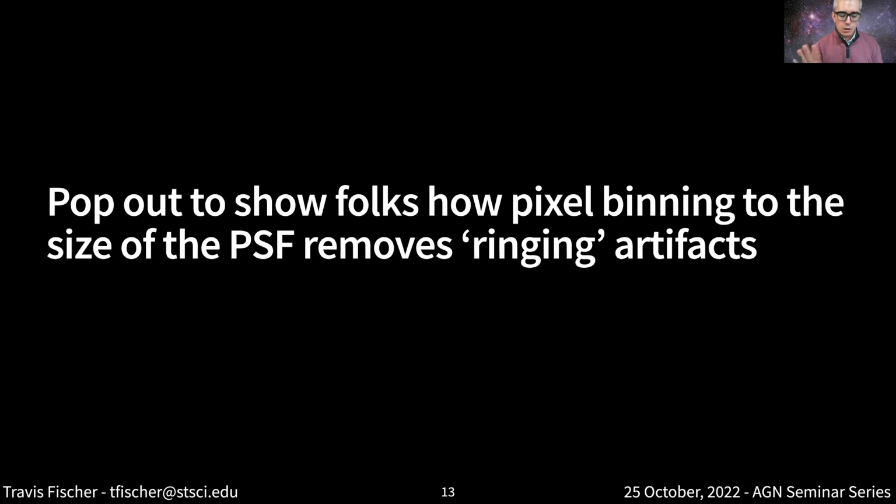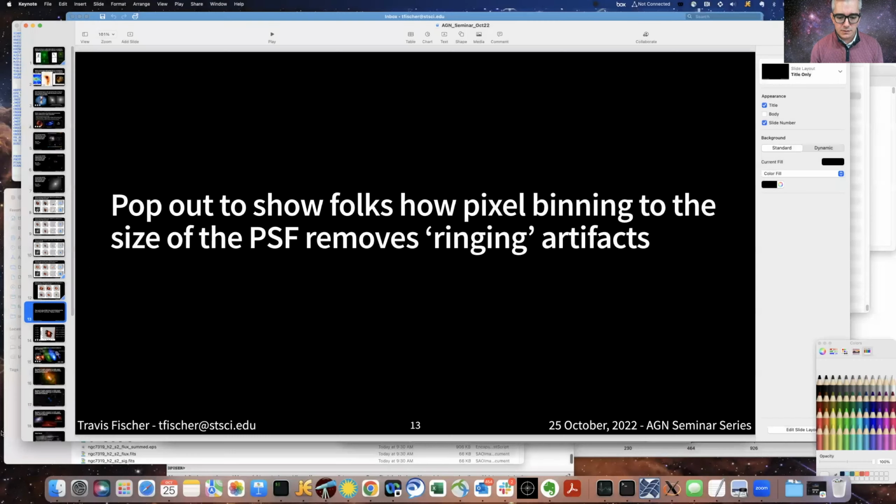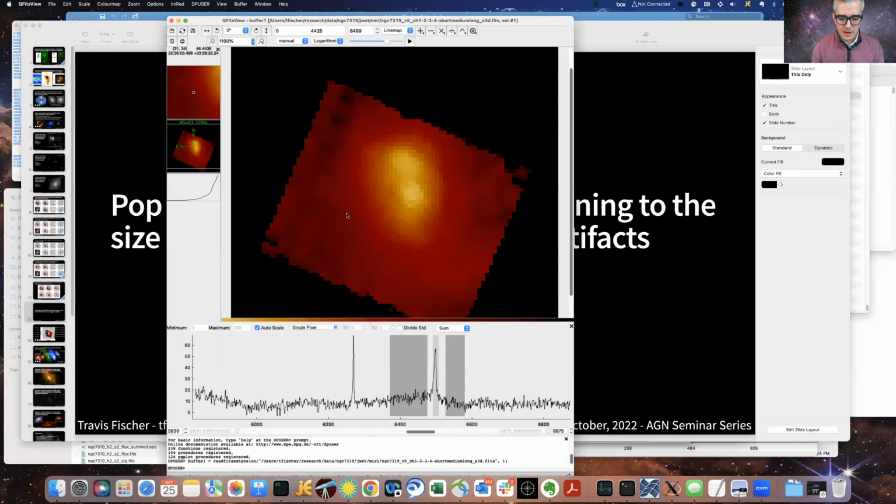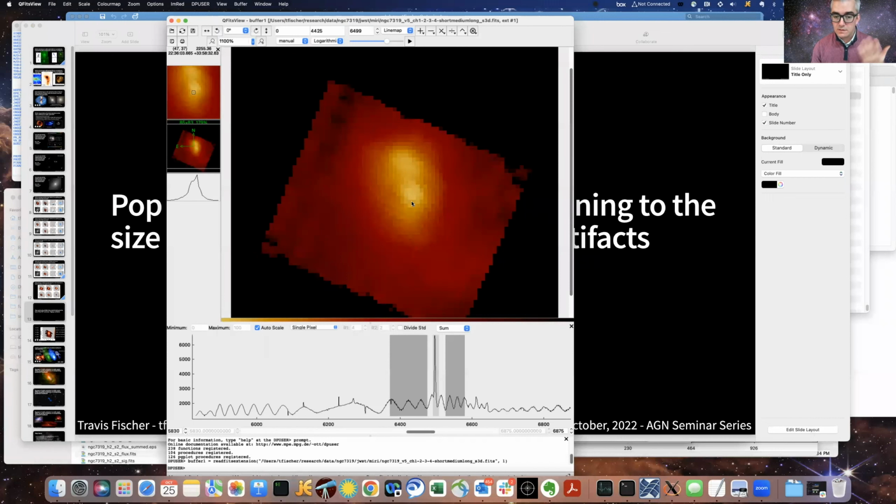Okay, so all these measurements were made on a pixel-to-pixel basis. I thought this was really helpful to point out to other folks doing IFU analysis, because I just had this conversation with David last week, and it would be helpful if everybody understood this. When you have your IFU data, this is the MIRI data cube, and we're going pixel by pixel. When there's a point source in the field, the pixels produce a sort of ringing effect, which is the worst when you're trying to fit it and understand the kinematics in each of these individual pixels.